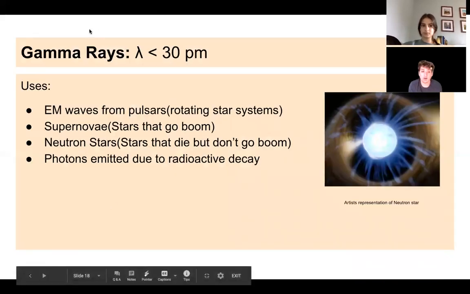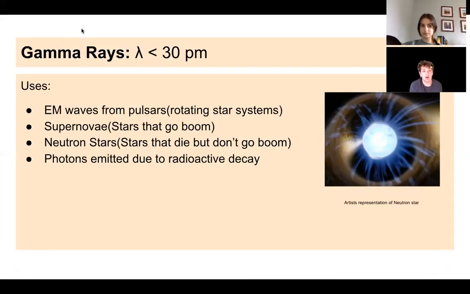And lastly, we have gamma rays, which have the smallest wavelengths on the electromagnetic spectrum. These waves are emitted from pulsars, which are rotating star systems, supernovae that explode, and neutron stars that are dead stars like supernovae that don't explode. And they're also emitted from photons during radioactive decay. Really, they're the most harmful form of radiation, and they're very small in wavelength, and